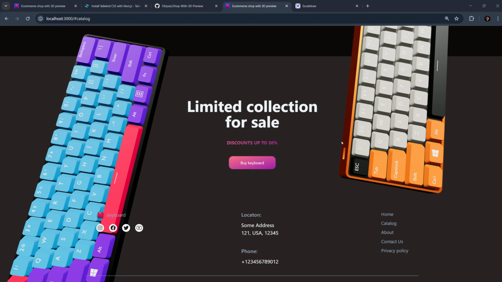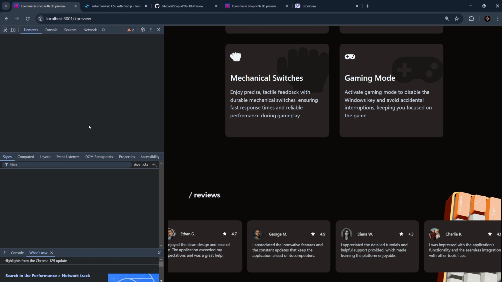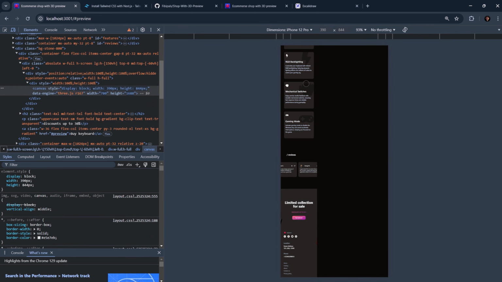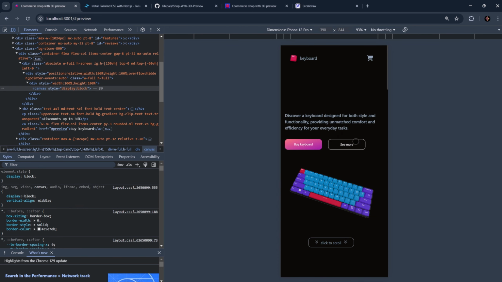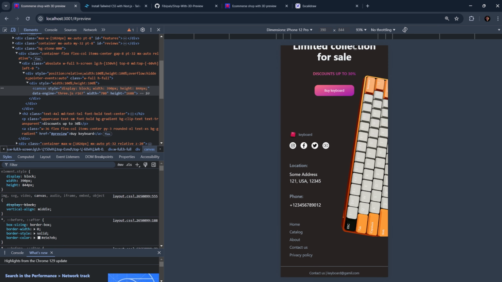But what I wanted to do is to reduce the number of models. So when we go to our example, go to inspect, and then go to mobile view, then refresh in order to re-render our models, and scroll to the bottom, you can see that we have only one model here. So to do this, let's go to our